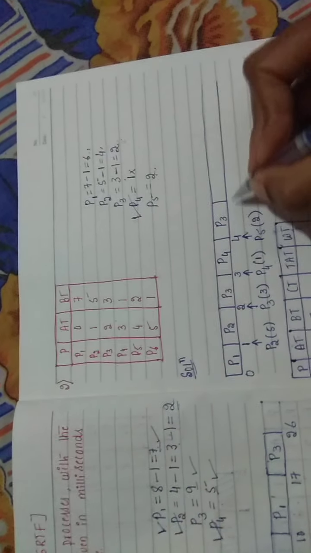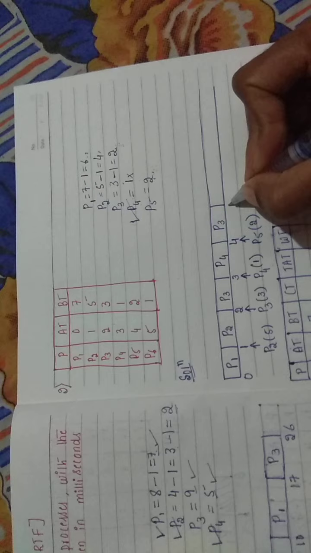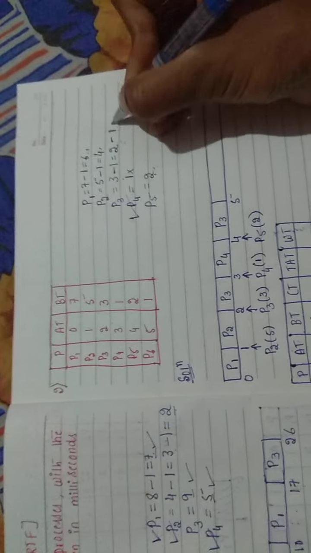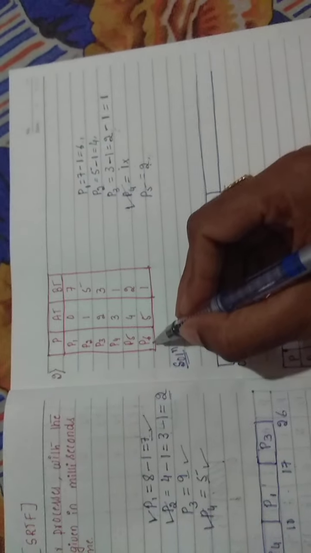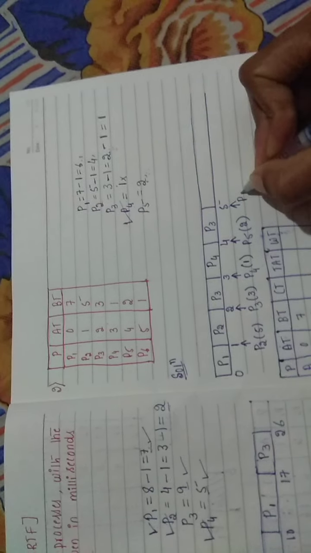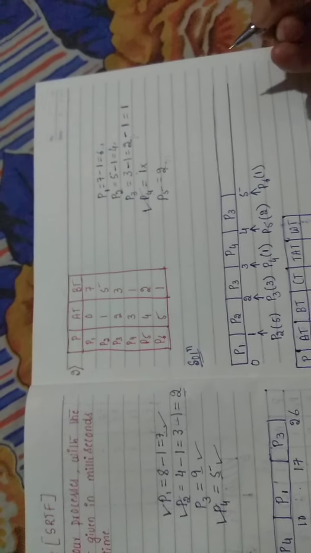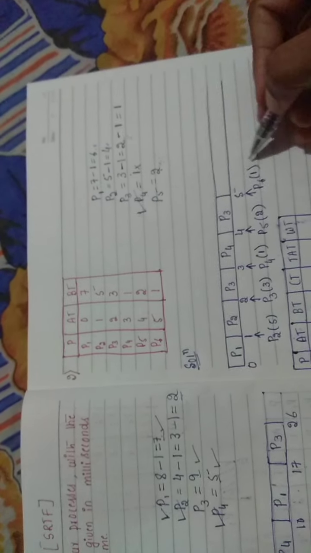So he executed for 1 more millisecond, that is, we reached 5 milliseconds. Update P3, less one, it is going to become 1 millisecond. At 5 milliseconds some process is coming. Who is that? Process P6. P6 has a burst time of 1 millisecond. Again, just observe the pattern here.